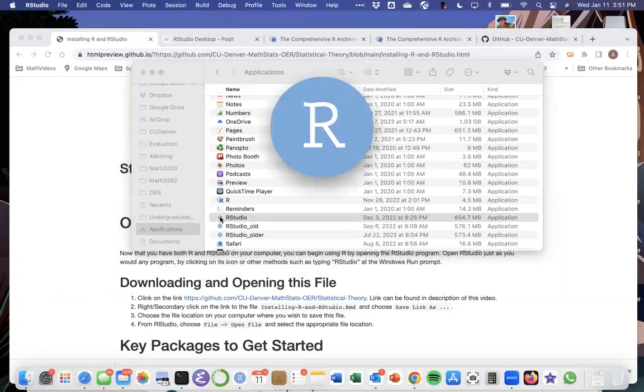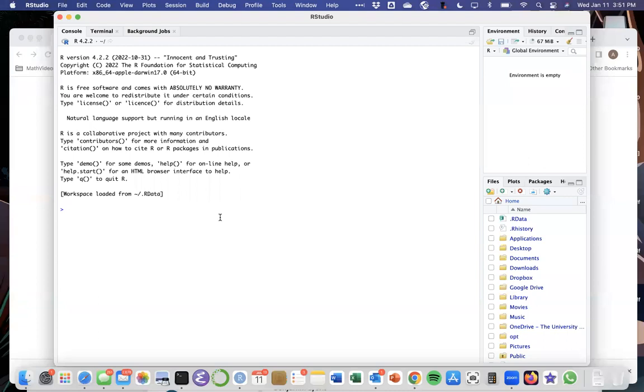And now you can see that R is opening up. Might take a second, especially if you're just installing it for the first time. But now I can see that RStudio is open and I am running R version 4.2.2 on my computer. So that's great. That was all I wanted to talk about in this video, but in the next video, I will continue talking about how you could find this instruction file and open this instruction file and install some packages for